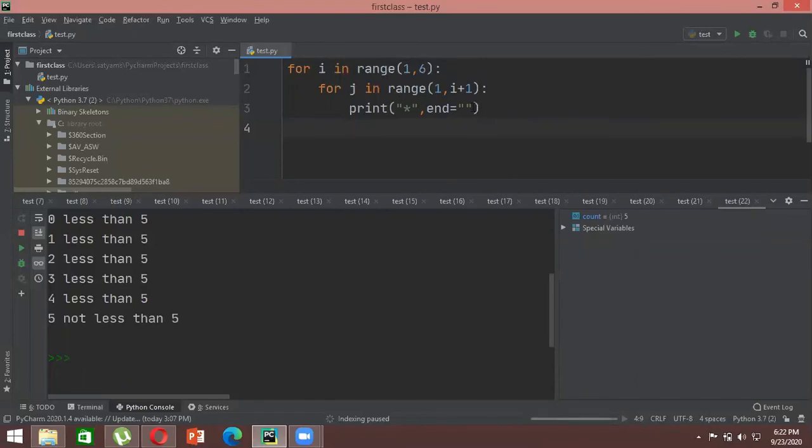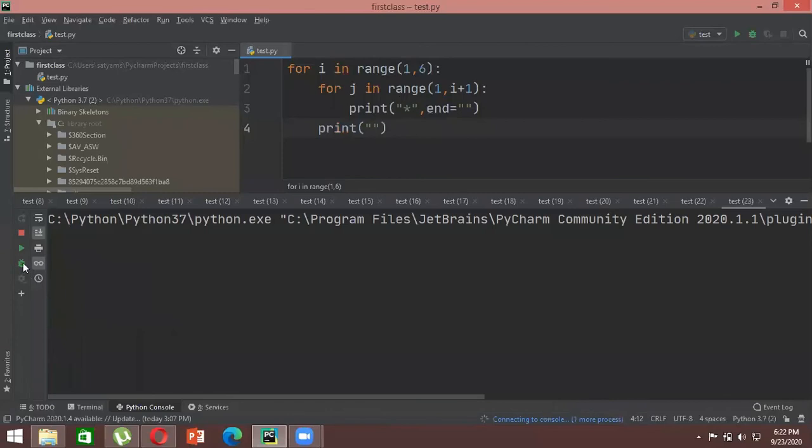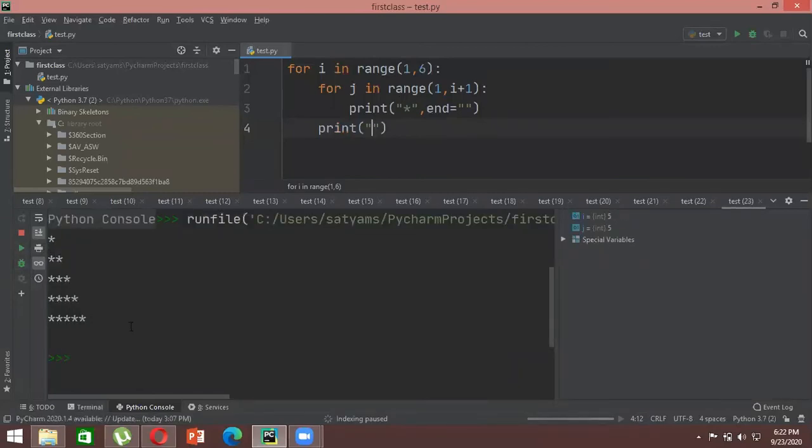So you can always add something here. In that way, you can tweak your code to see how the output pattern changes. Then you'll finally write a final function as print. So whatever your output will be, you will print it as it is. Once you run it, you'll get a star pattern in this way. So this is how you do it when you are using a for loop.